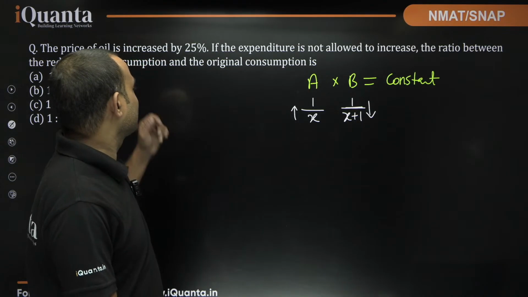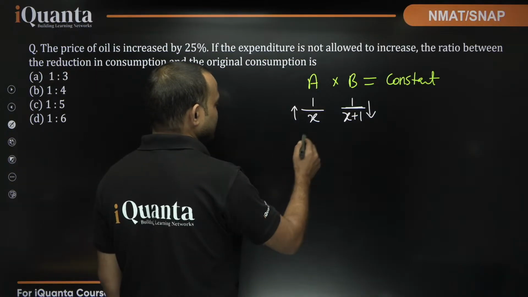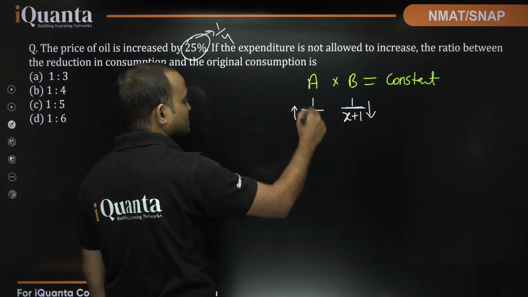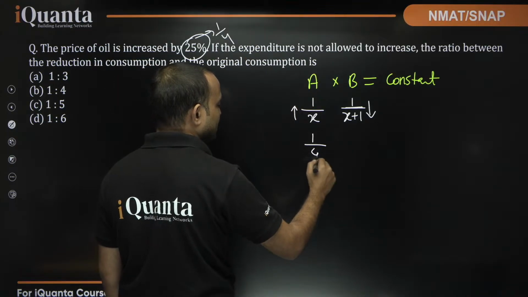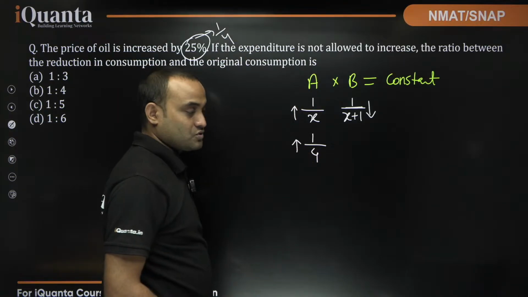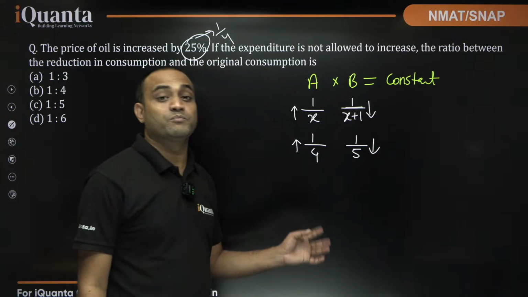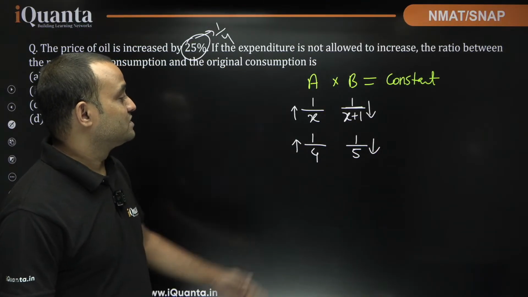So, in this case, what is 25%? 25% is nothing but 1 by 4. So, this value is increased by 1 by 4, so this value should be decreased by 1 by 5 to keep the product constant, to keep the expenditure constant,